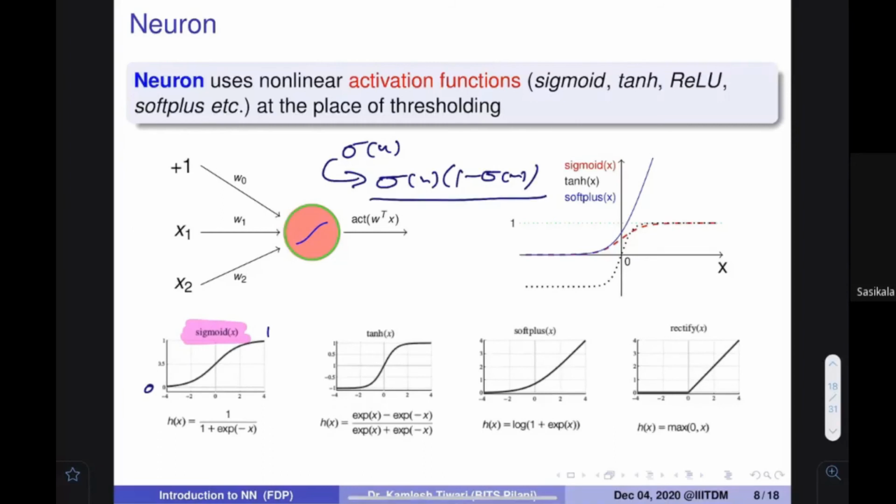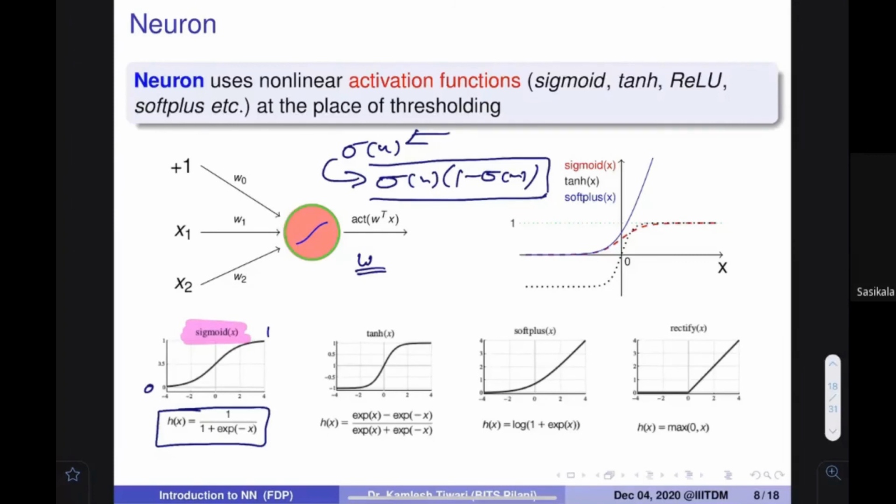I think teachers who are teaching mathematics would be very happy, as they may have told this to their students in class, because they know this kind of expression. One very important thing is that finding the derivative is very easy, because you know this is the derivative. You need not find out this derivative. You know that this is the equation. Given this value, immediately you can compute. And what is the advantage? Because to change the weights, you need this derivative, and this is readily available. Very interesting idea. Make sense?